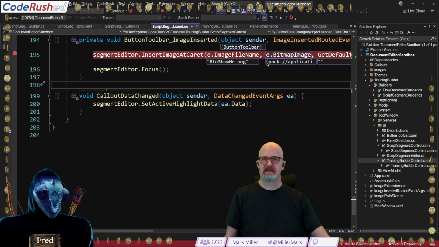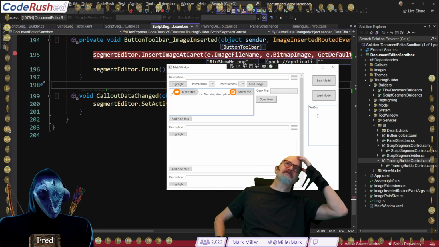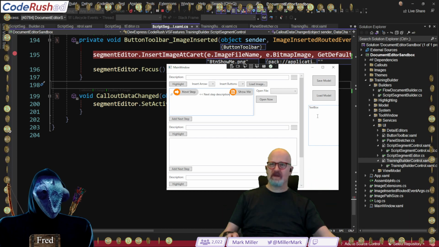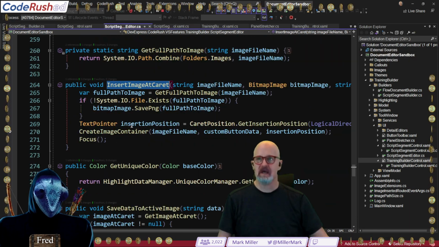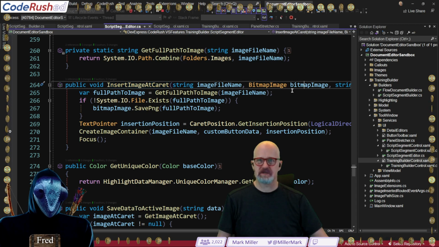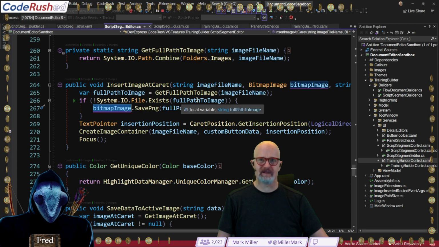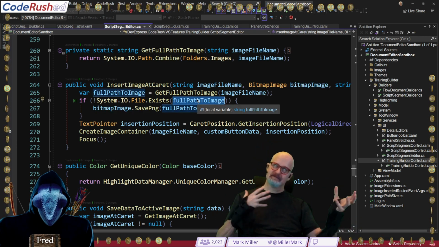Is what it does. And we need that image. Part of the reason we kind of need the image and we kind of don't. The only reason we need the image is in case it doesn't exist. So here's what happens. We check to see the image is here and it's only used in this line of code where if the file doesn't exist.